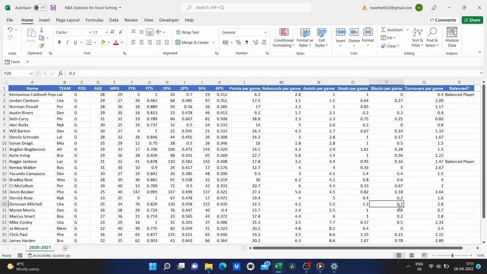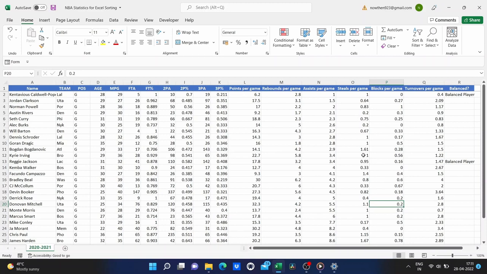In this video, I will show you everything you need to know about sorting data in Microsoft Excel. We'll look at the basics to advanced. So, here I have a spreadsheet with a list of NBA basketball players, specifically some of the top guards in the NBA. And I would like to sort this data based on different things, whether it be their name, the team they play for, the number of points per game they averaged, etc. So, how would I go about doing that?